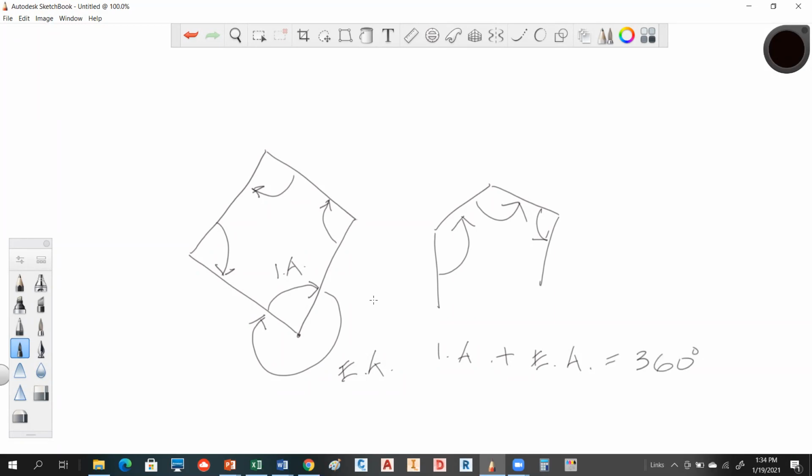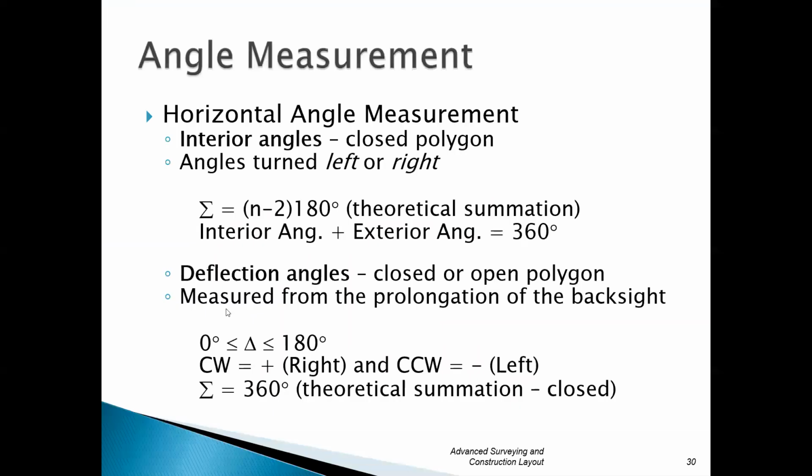Some people also call this closing the horizon. I've heard that used before. So we use this concept quite a bit, and we use that concept of interior angles, and we're going to see that pretty exclusively next week as we get into talking about control. The other type that is commonly used is called a deflection angle, and this can be used with an open or a closed polygon,